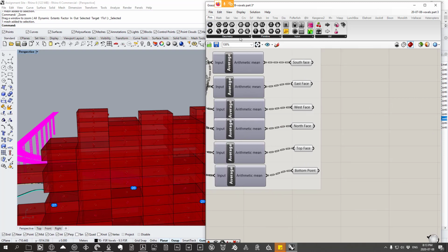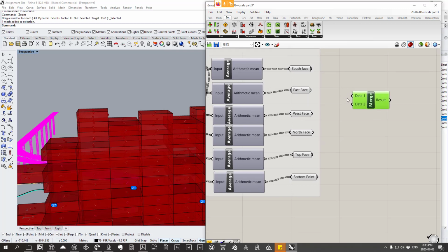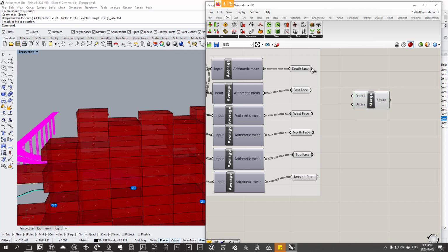So we're going to go to, let's do this in a kind of organized way. Let's go to set tree merge. So set tree merge, and let's plug these in